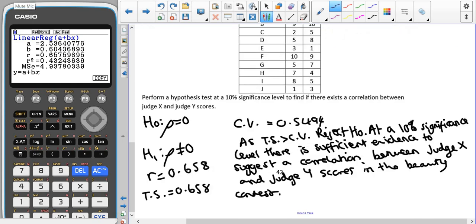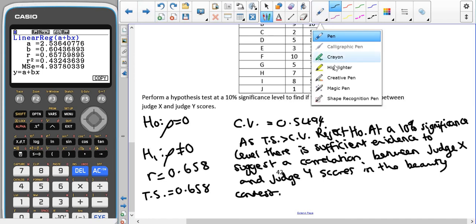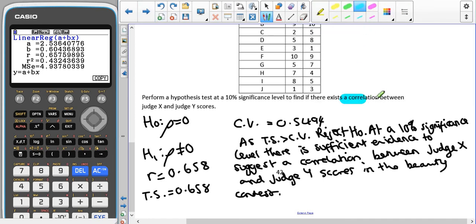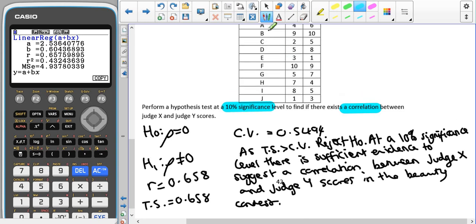So hopefully you've paused the video and given the Now You Try a Go. Again, we're looking for a correlation, which tells us that it's a 2-tail test. So our H0 is rho equals 0, our H1 is rho is not equal to 0. Putting those values into our calculator, we get an R value of 0.658 to 3 significant figures, which is our test statistic. Using the critical value table, bearing in mind that it's 2-tail, 10%, and we have 1, 2, 3, 4, 5, 6, 7, 8, 9, 10 sets of data, we get a critical value of